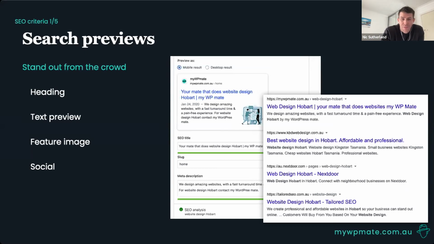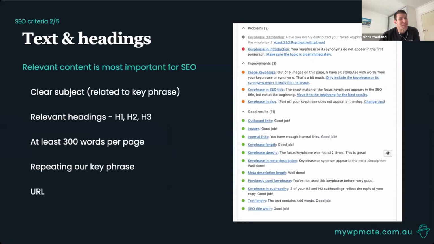I bet you can't guess what the target phrase is for this website. Website design Hobart, of course. Most websites, especially those home jobbies created by your receptionist or the director's kid who knows how to use computers, just saying, completely miss the fundamentals of the SEO criteria that are used to rank our websites. This is where you can really gain ground and shoot up the ranks.